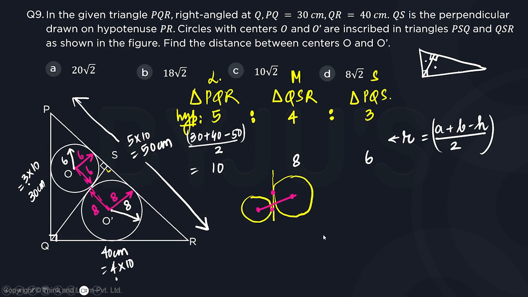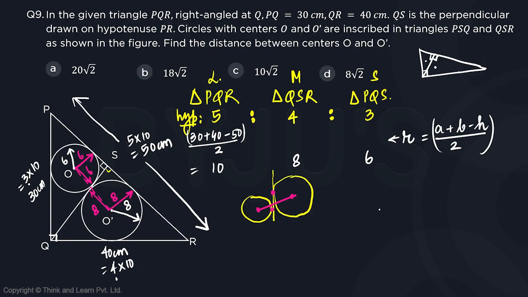So if we look closely how this figure is going to turn out is we have a length 8 here, we have a length 6 here, then we have a length 8 here, we have a length 6 here, right? So if I reduce the height,